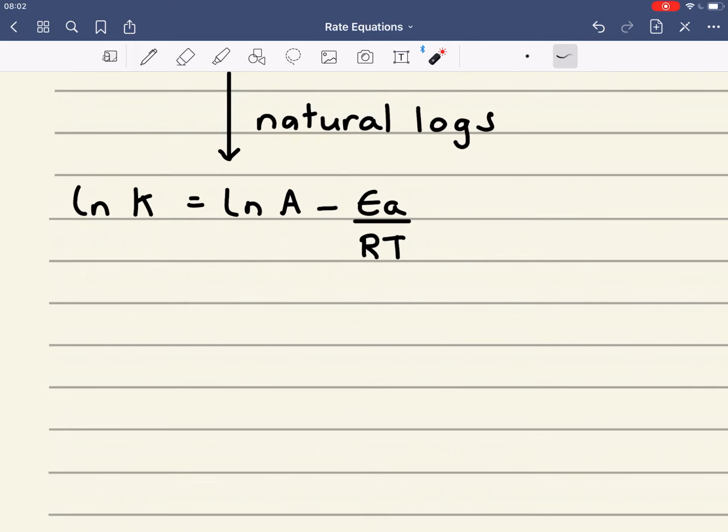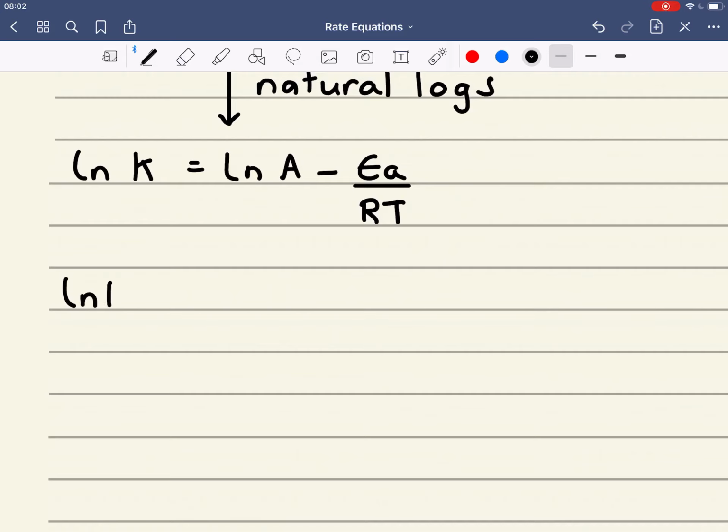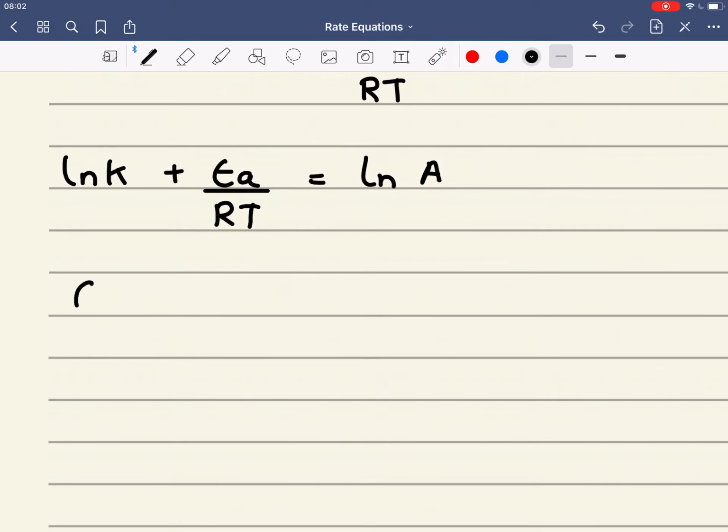The first thing we do is we add EA over RT to both sides, and that gives us ln K plus EA over RT. That is equal then to ln A. We then subtract ln K from both sides, and that gives us EA over RT